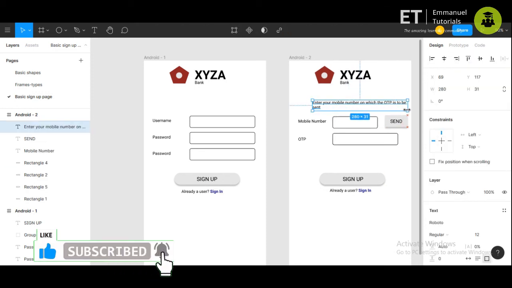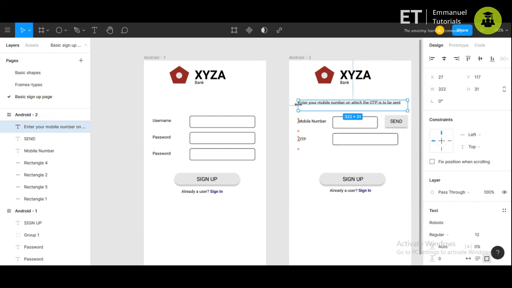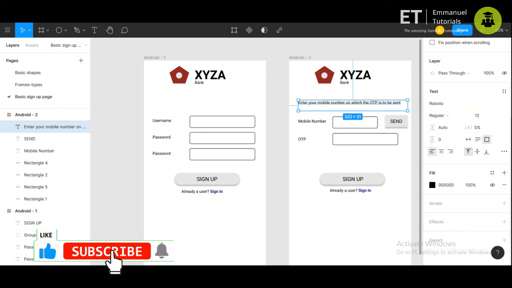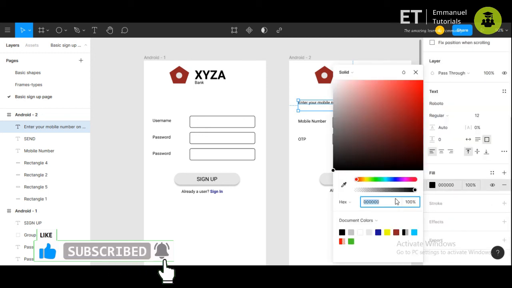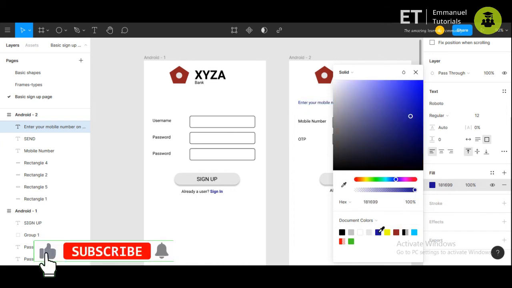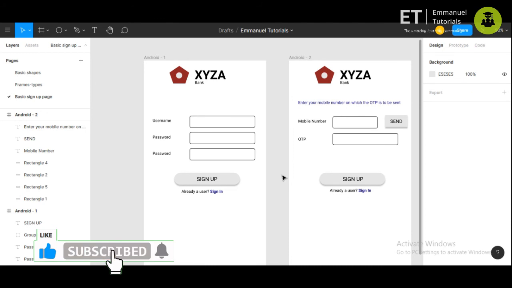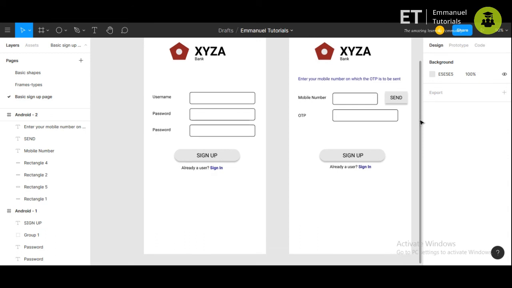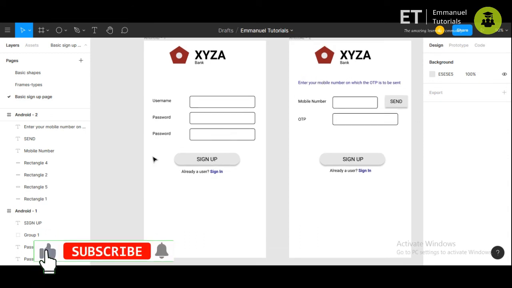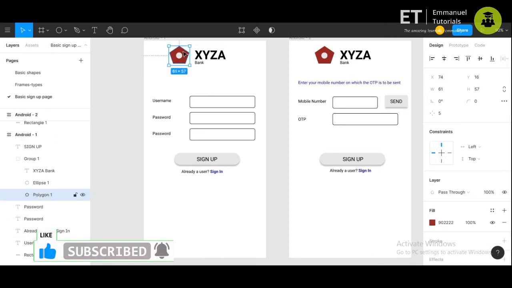This also can be slightly adjusted so that it fits in one line. We'll also change this color to differentiate it from the others. You can also add some design or pattern here just to fill this empty space.